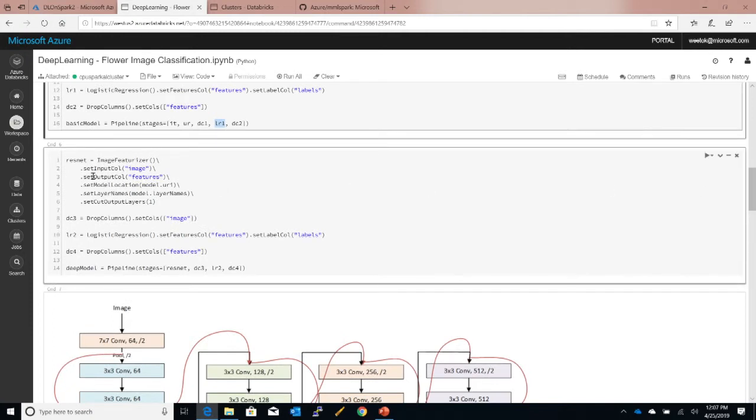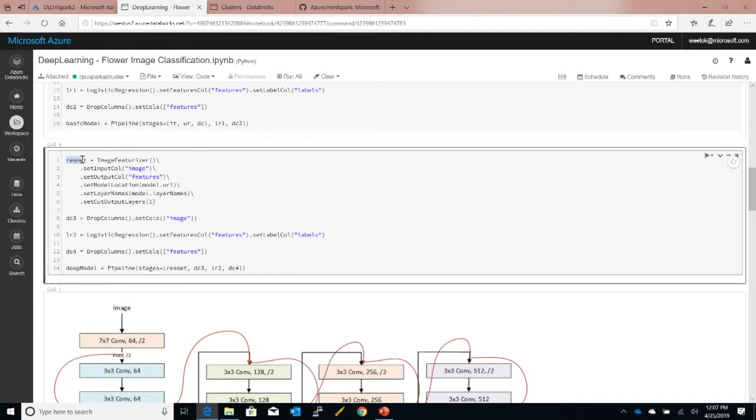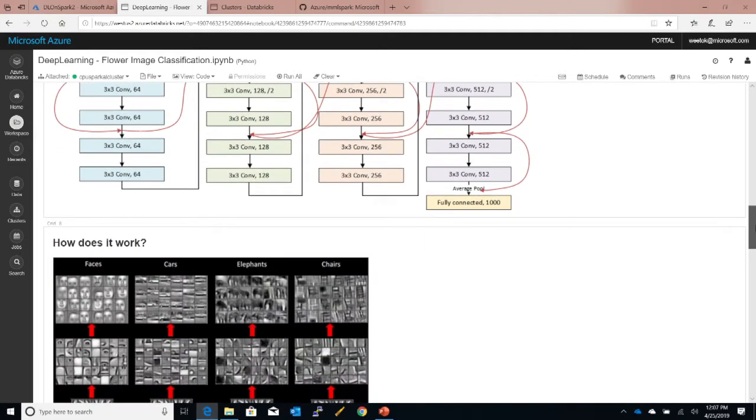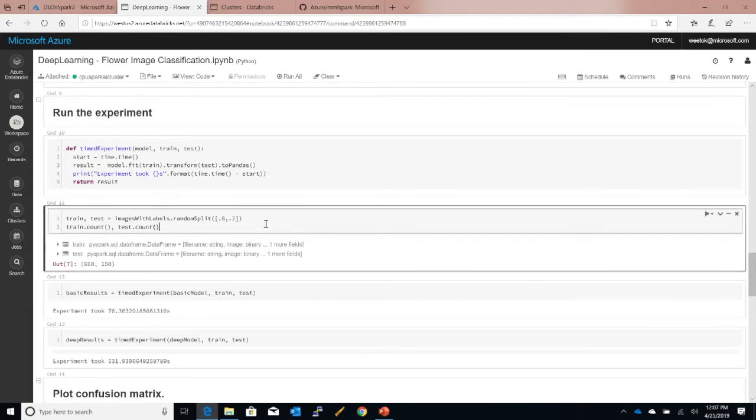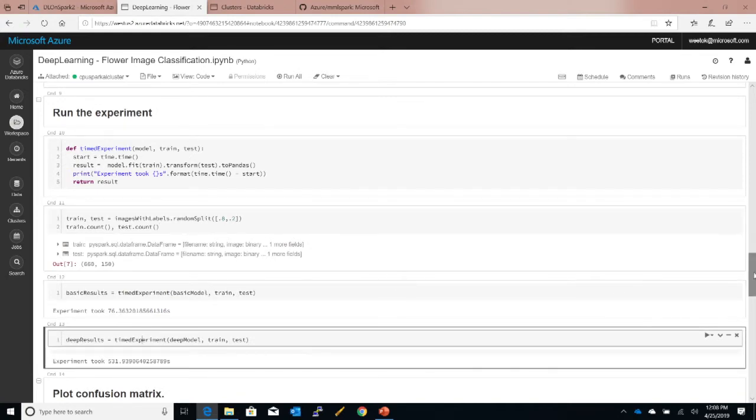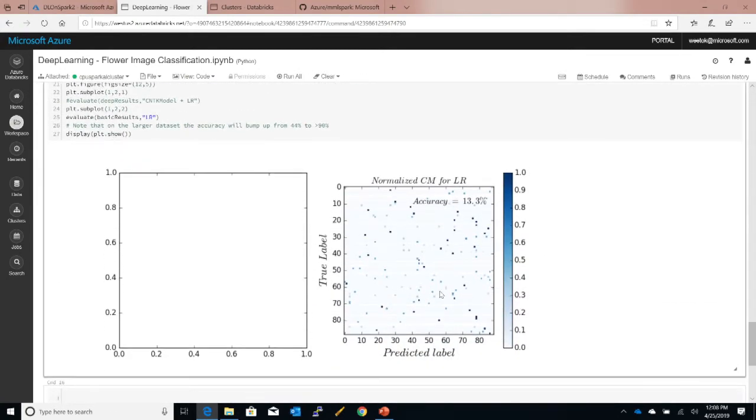And then moving on, we define ResNet, and as we all know, ResNet is one of the deep learning architectures. And this becomes another model which we call the deep learning model. Once this is done, if you continue down the notebook, which is all provided, you'll see that you can start training it on the Databricks cluster. MML Spark takes care of all the complexity of getting the right model for you. And once this is done, of course, you get the results. We time it, and here we plot out things that you normally do in the Databricks notebook. So this is how you use MML Spark.